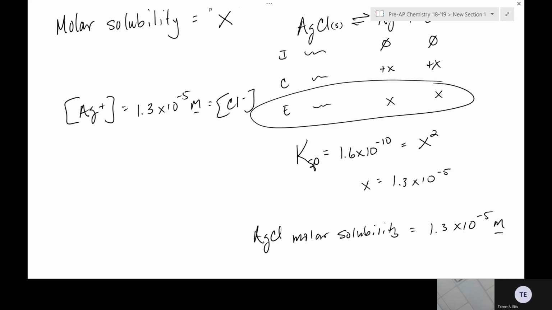So if they ask you at equilibrium, what's the concentration? Or sorry, when the solution is saturated, what's the concentration? They're talking about at equilibrium. Everybody got me there? Okay, it's nothing new. They just use a different term. They use saturated instead of saying at equilibrium. Anybody got any questions? Okay, now,